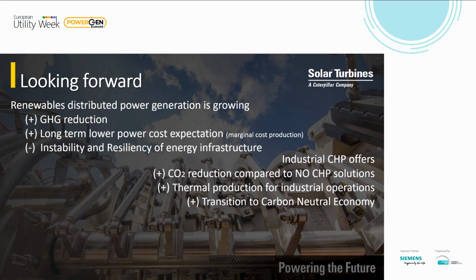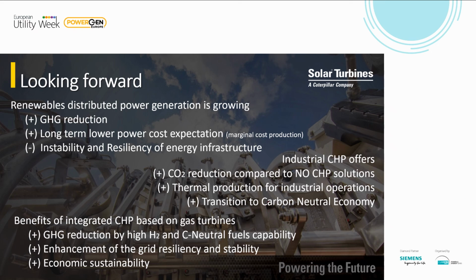Industrial CHP, what does it offer? The plus: CO2 reduction compared to no CHP solution. Thermal production for industrial operation, we talked about thermal just before, and for industrial use thermal is very important, it is the key factor for success. And it can help a lot of countries in the transition from carbon to a carbon neutral economy. The benefit of a CHP based on gas turbine: reduction of greenhouse gas emission, the possibility to use hydrogen, mixtures of hydrogen and other types of carbon neutral fuel, the enhancement of grid resilience and stability, and the